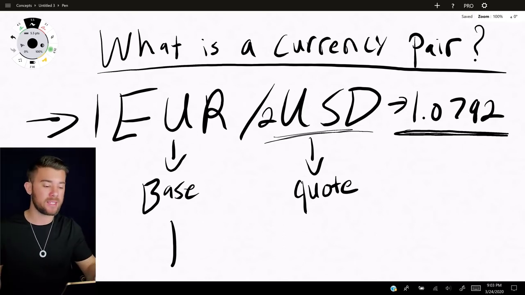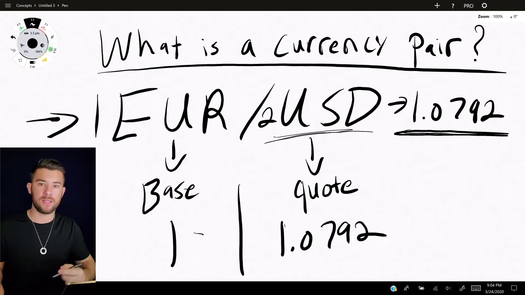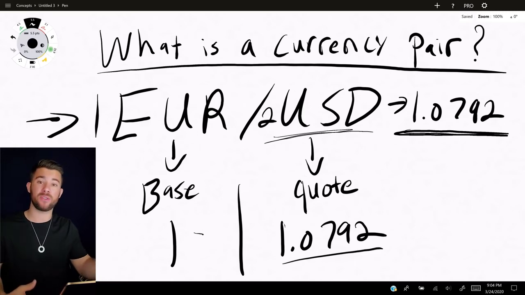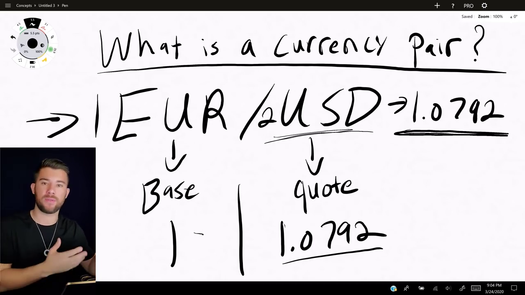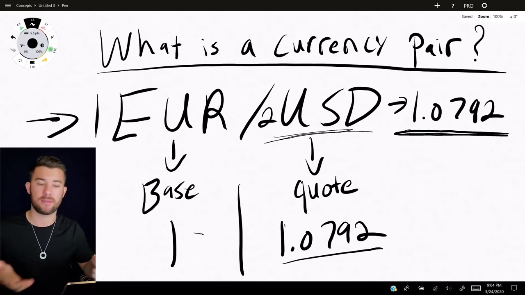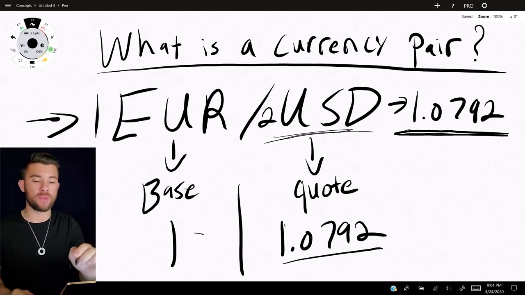What this means in hindsight is that if I have 1 euro, I essentially have $1.0792. Or another way to look at this is it takes $1.0792 to make 1 euro. So therefore the value of the euro is higher than the value of the dollar by roughly 8 cents. So let's look at one more pair and go over this one more time